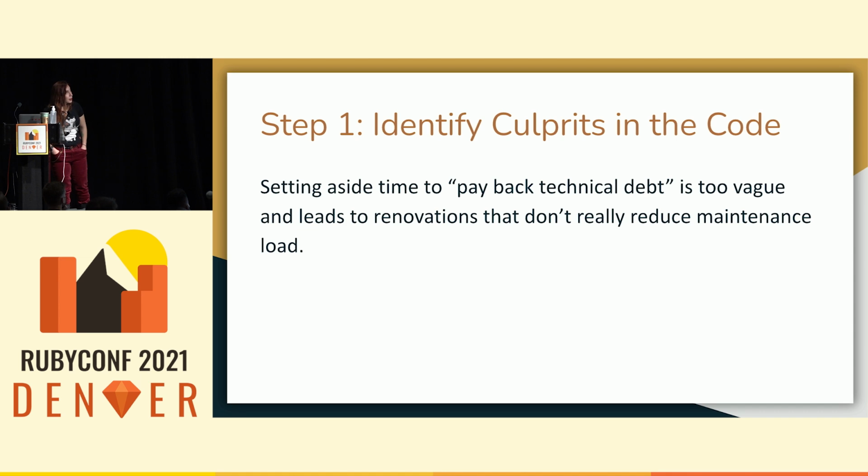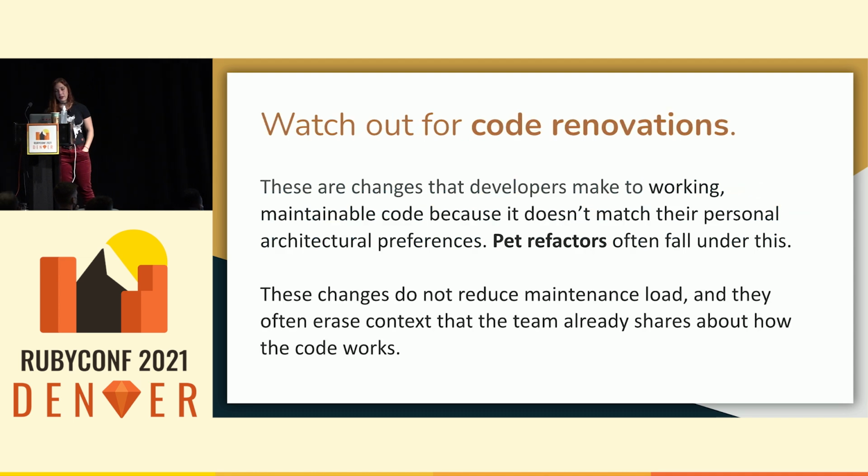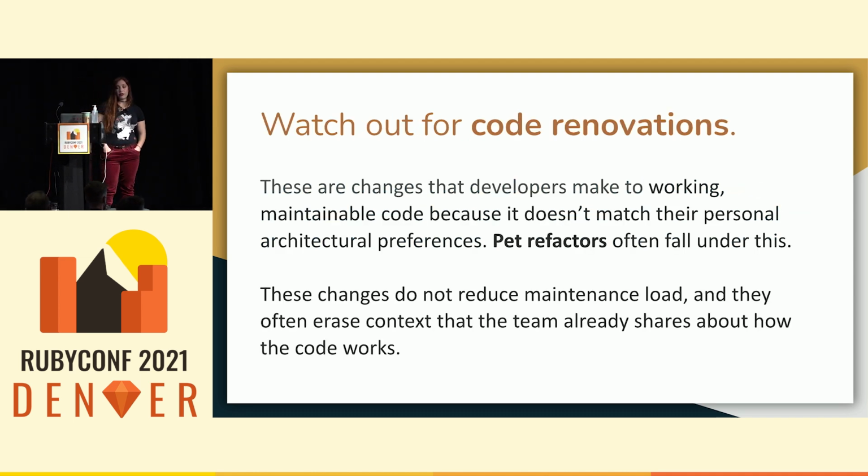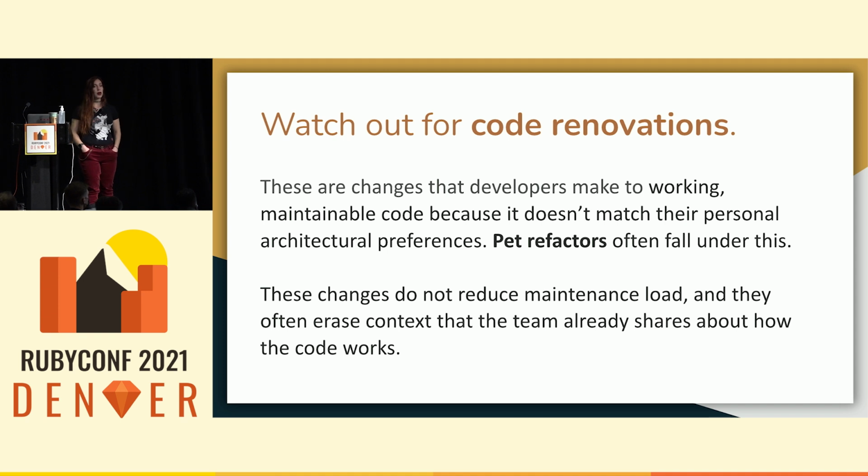So that brings us to a potentially uncomfortable conversation, which is the conversation about code renovations. And the reason that this is an uncomfortable conversation is that many of us, myself included, have done this thinking that we were materially improving the code base. What is a code renovation? It is a change that developers make to working, maintainable code because that code does not match their personal architectural preferences. The reason that I call it code